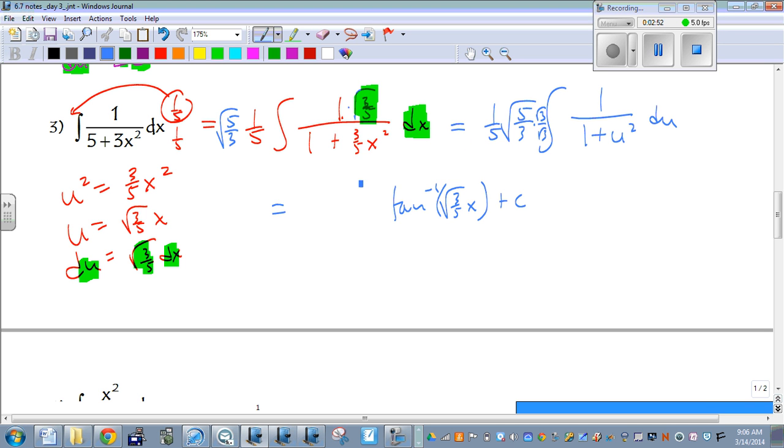So on top, we end up with square root of 15. Bottom, square root of 3 times square root of 3 is just going to give us 3, times the 5 gives us 15. And try